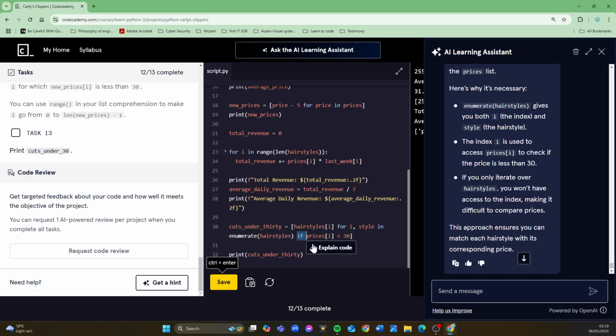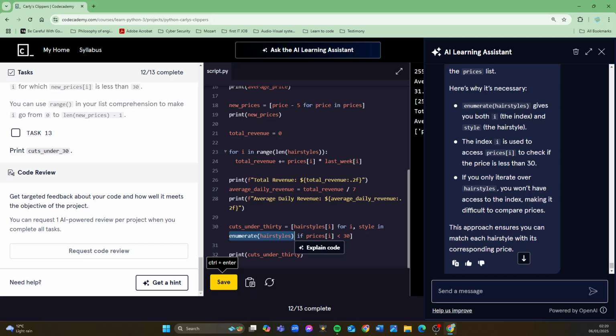Because our if statement at the very end of the square brackets is saying if prices[i] is less than 30, we've got this index expression on the list. That explains it. It's just a temporary variable, but the fact that it's in square brackets after the name of the list means we're dealing with positions. Because we're doing that, we need to enumerate the things.